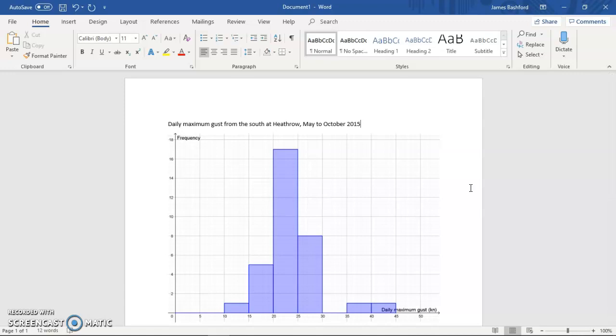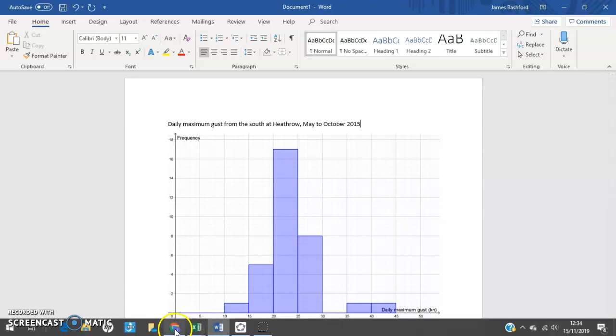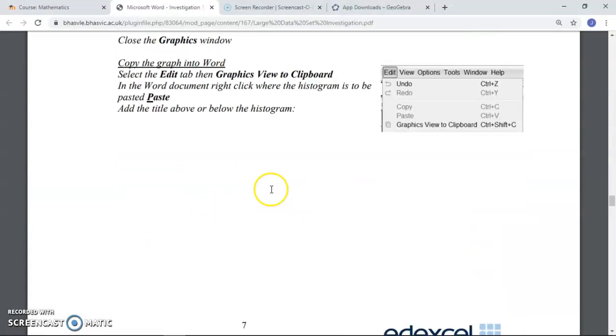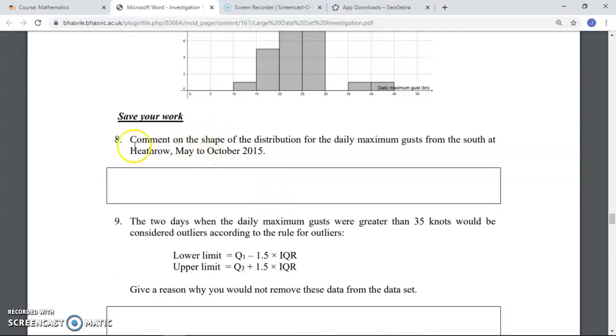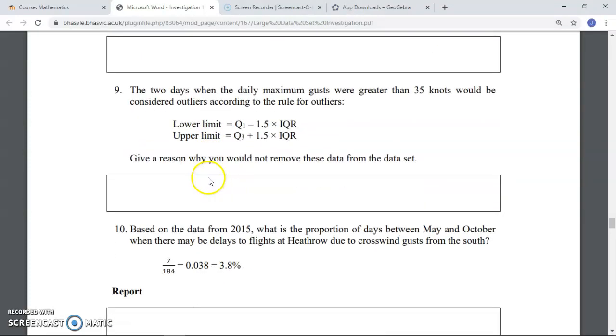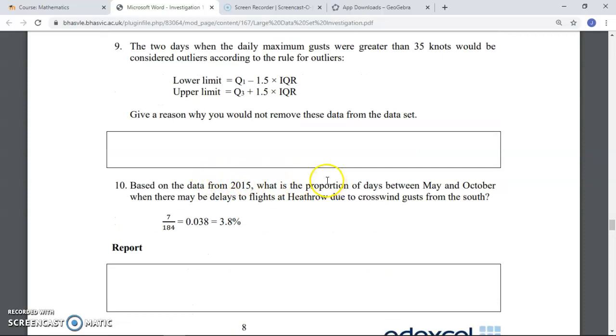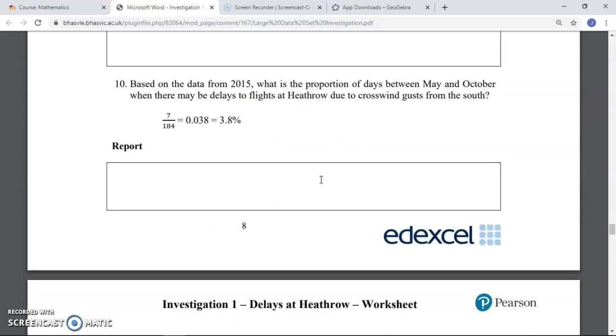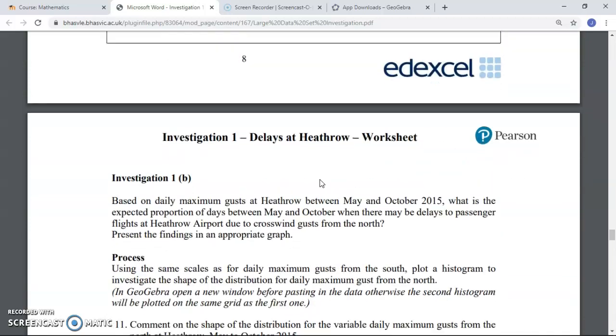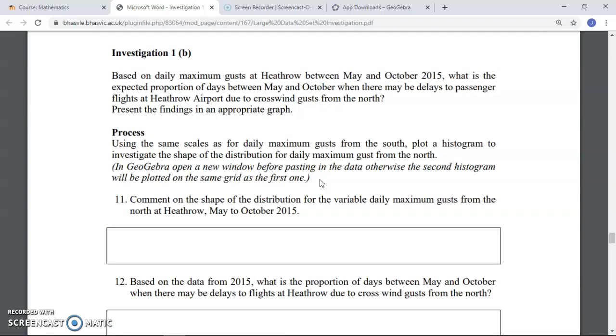That should be enough now for you to continue with the questions. So starts here, question 8 and 9. There's nothing extra you need to do in Excel or GeoGebra to do those. And then indeed, when you go on to investigation 1B, there's nothing new I don't think you need to do. Actually, sorry. Yes, I think you might need